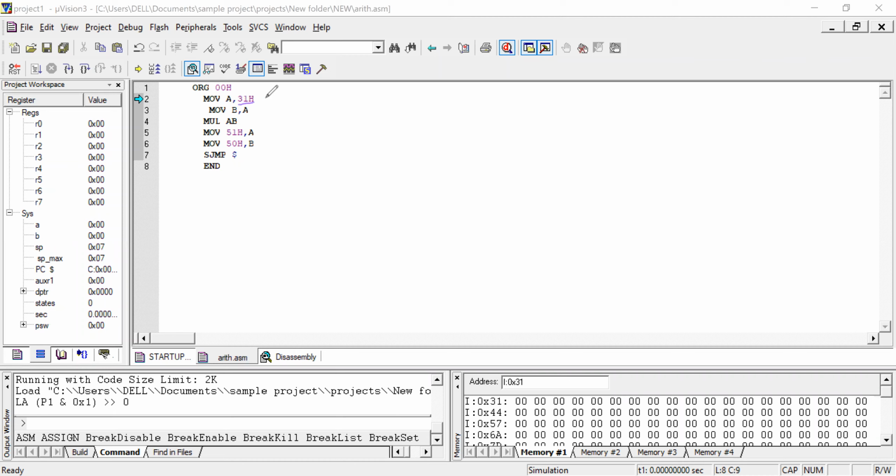You can give your input directly, like #0AH instead of using 31H. That is direct addressing mode; you can also use immediate addressing mode and move 0A to the accumulator. Anyway, you can do that.